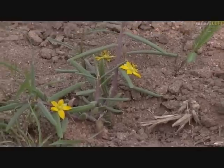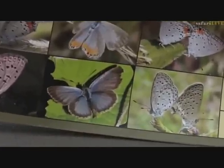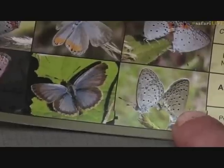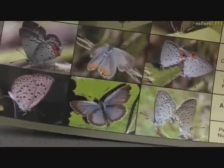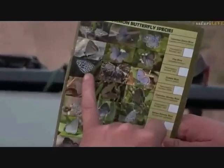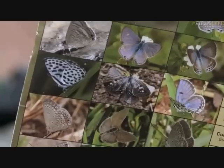Very delicate. Oh, you might have got a flash of blue there, but I can show you what he looks like. Yeah, the African grass blue. There we go. The bottom one. Now, quite often to identify a lot of these butterflies, you're looking at the outside because their wings are often closed when they're sitting still long enough for you to identify them. And we notice there's no eyes, there's no little rackets, and that very distinct spotty. Not like the dotted blue which we saw a few days ago, which is that one up there. You can see much more dotty, much more prominent spots,